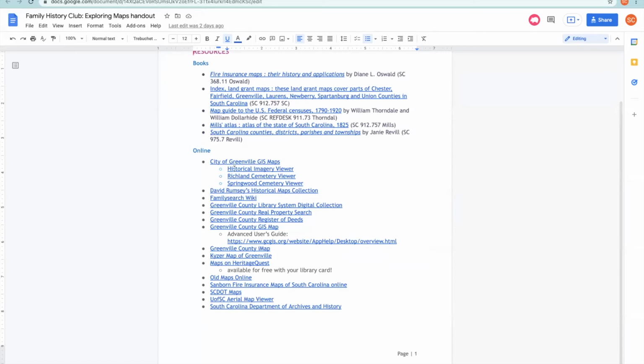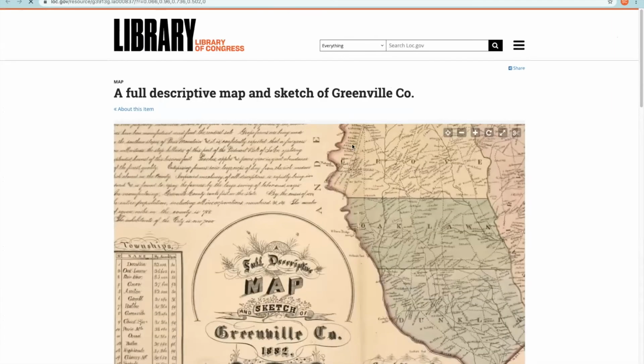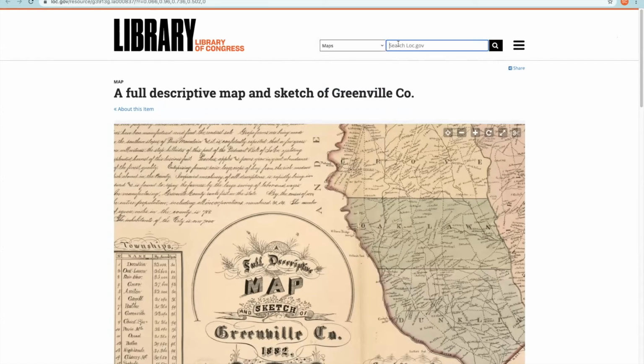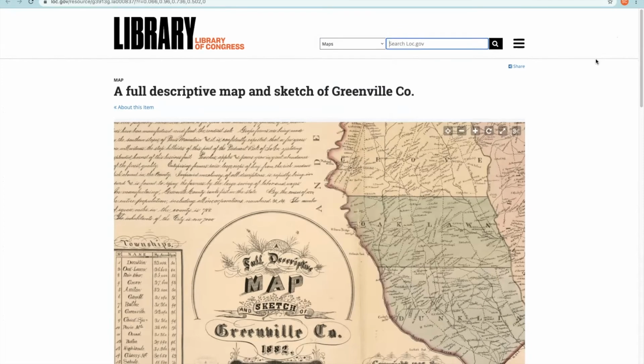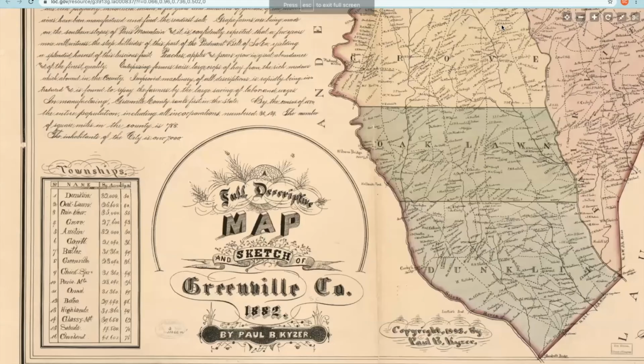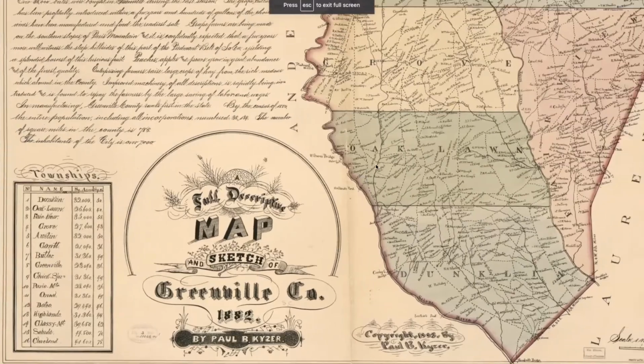What I have it under here is that Kaiser map I've linked to, which is on the Library of Congress. But if you use this link, you can go up to the top, and you can then click on maps, and you can search by a place. So if there's a certain state or county you want to look at, you can search, put maps, and then click. And then search by the state or county, and you could also find what maps are available from their site.